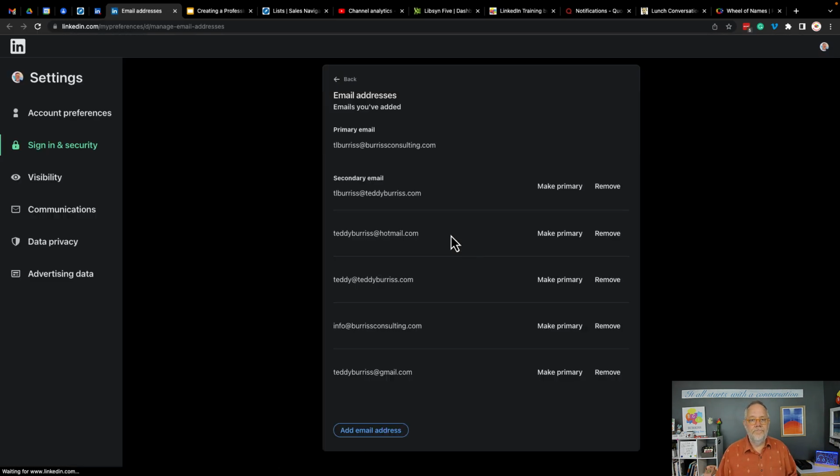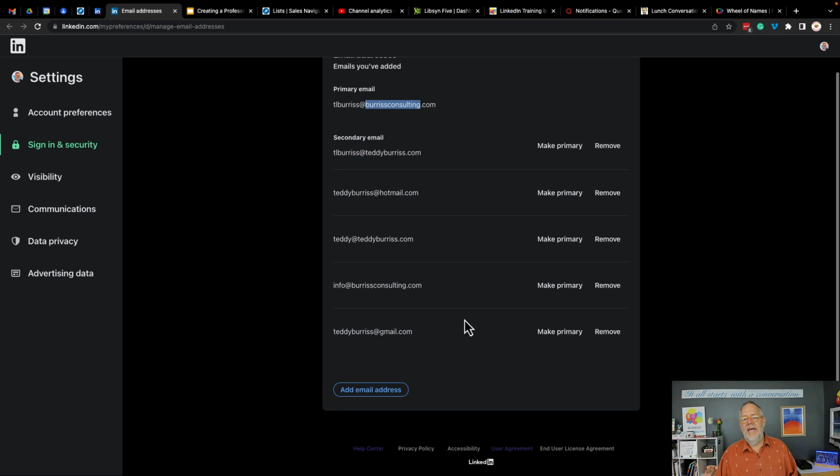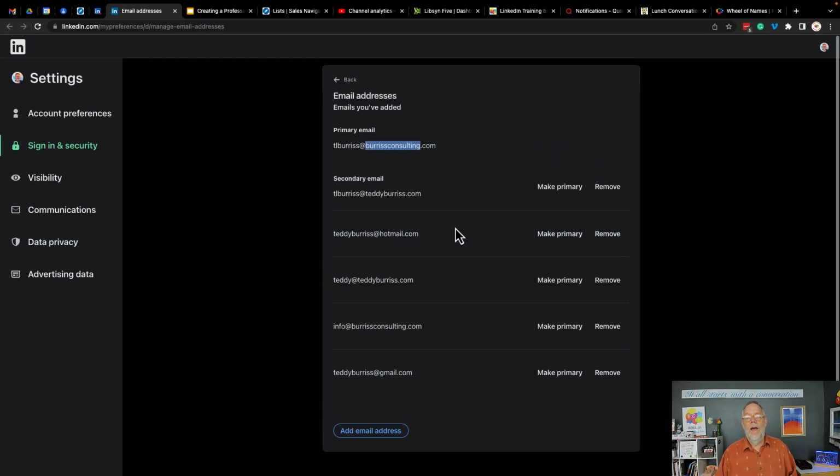If you go in here, you can see that I can decide what my primary email address is. If I want to change it because I no longer work for that company, which would be hard, my wife would get mad at me, then make your personal your primary. Now, additionally, you can leave old email addresses on there. You do not need to take them off.